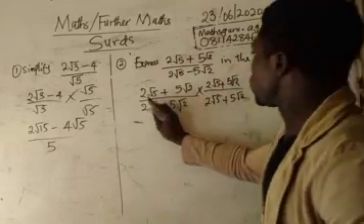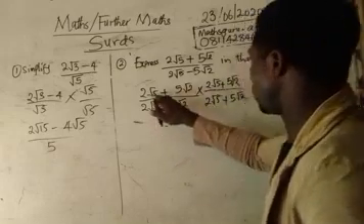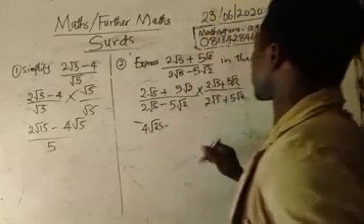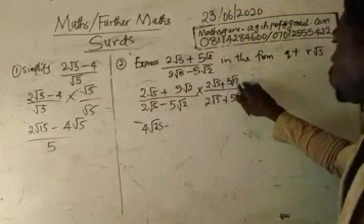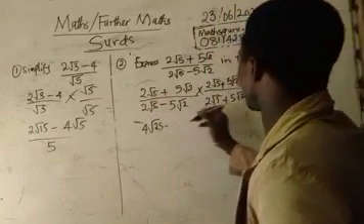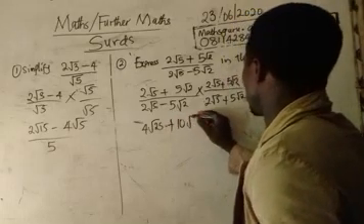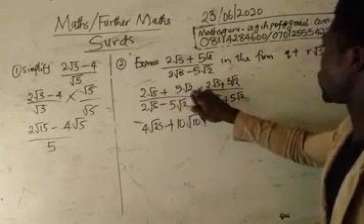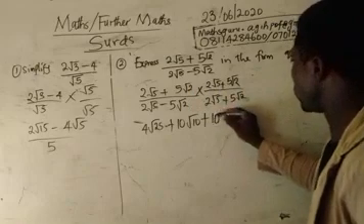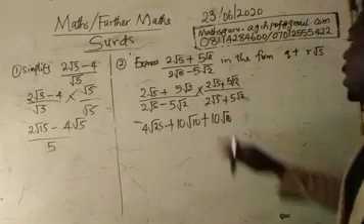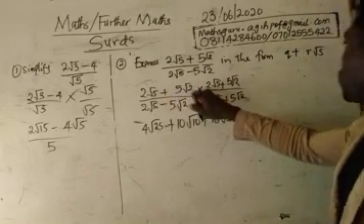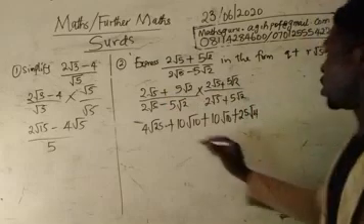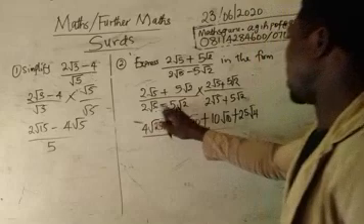Let's go on. 2 root 5 times 2 root 5 is going to give us 4 root 25. 2 root 5 times 5 root 2 is going to give us 10 root 10, plus 5 root 2 times 2 root 5 is going to give us 10 root 10, and plus 5 root 2 times 5 root 2 is going to give us 25 root 4, over 2 root 5 times 2 root